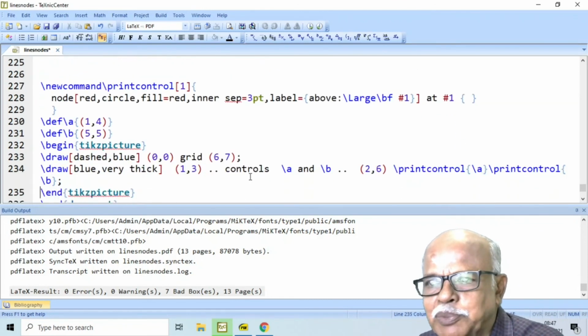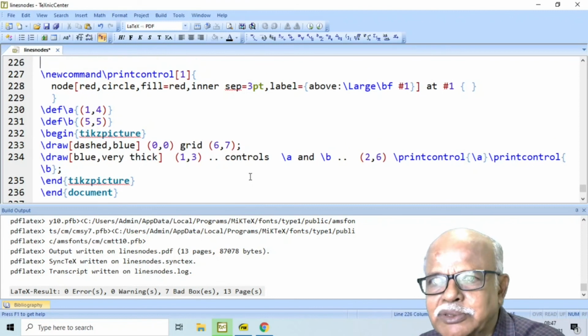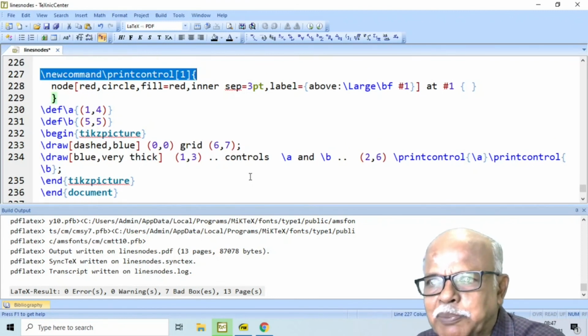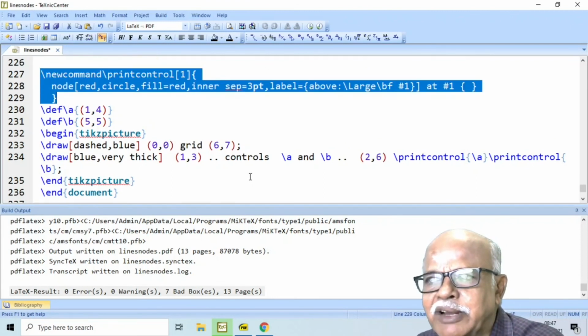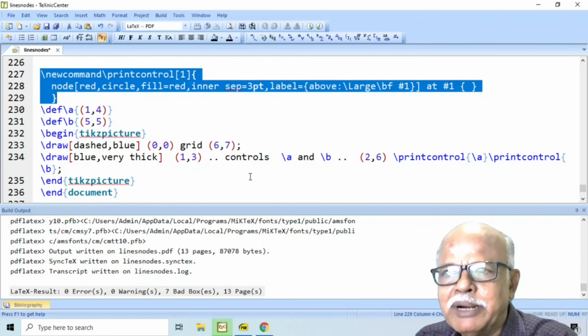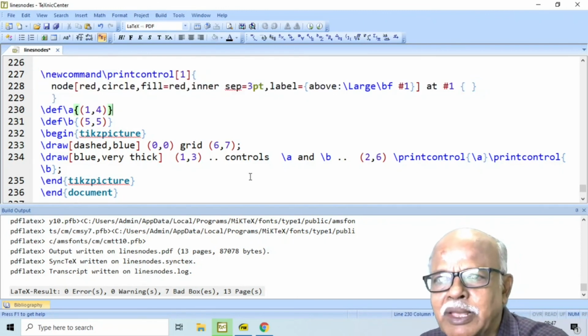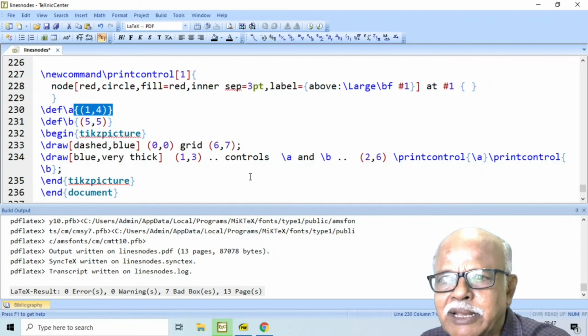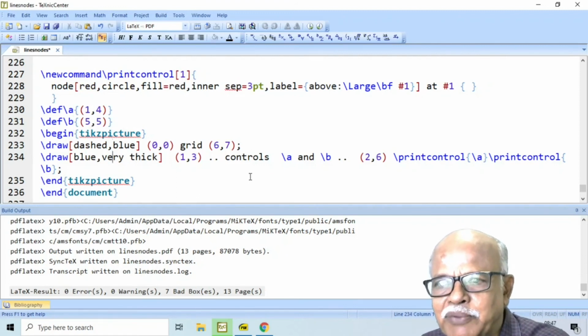Now, suppose you want to draw Bezier curves. For the purpose of illustration, I have defined a new command, print control, and I have here a point 1, 4, another point 5, 5.